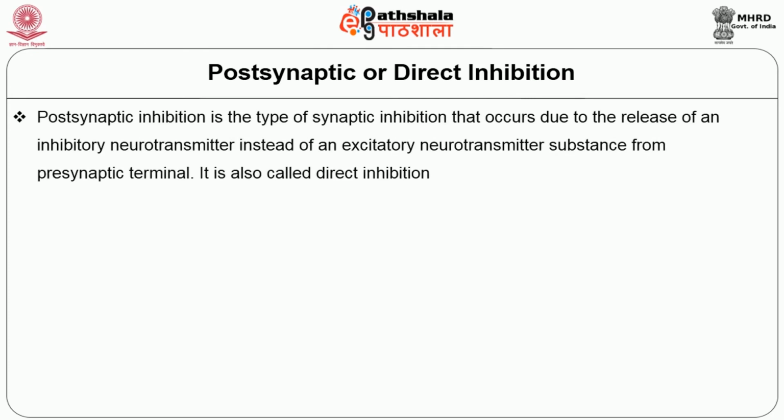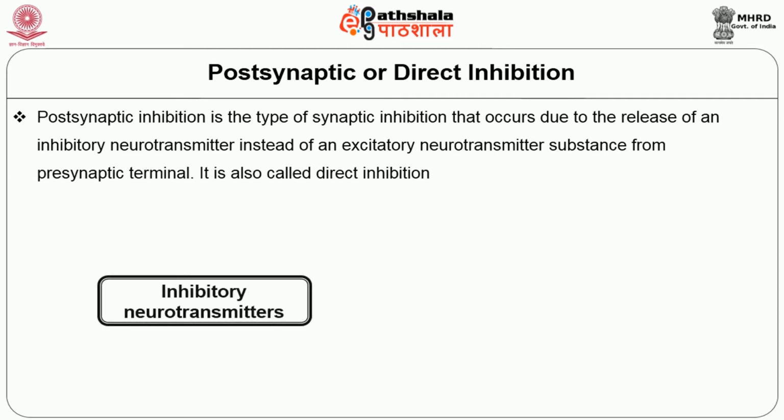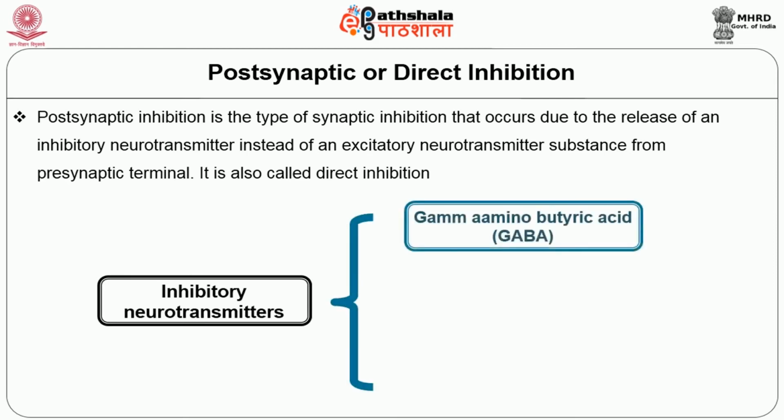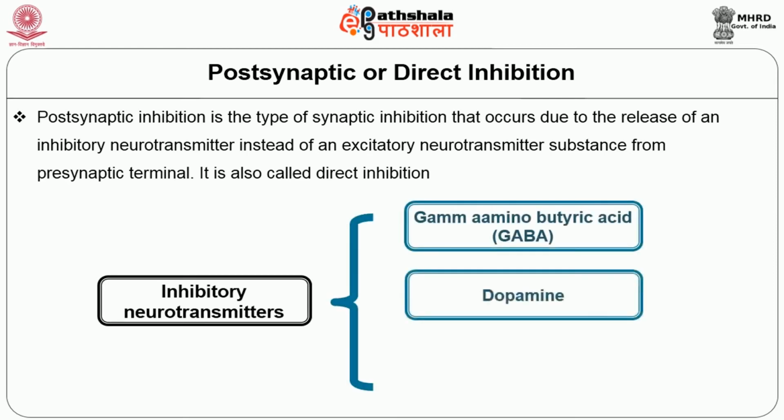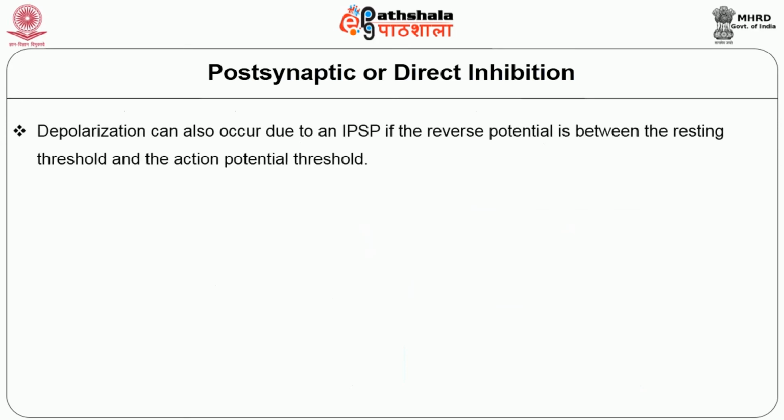It is a type of synaptic inhibition that occurs due to the release of an inhibitory neurotransmitter instead of an excitatory neurotransmitter substance from the presynaptic terminal. It is also called direct inhibition. Inhibitory transmitters are gamma aminobutyric acid, dopamine and glycine. The depolarization can also occur due to an iPSP if the reversal potential is between the resting potential and the